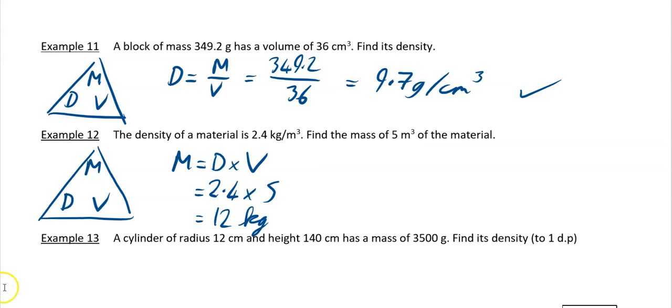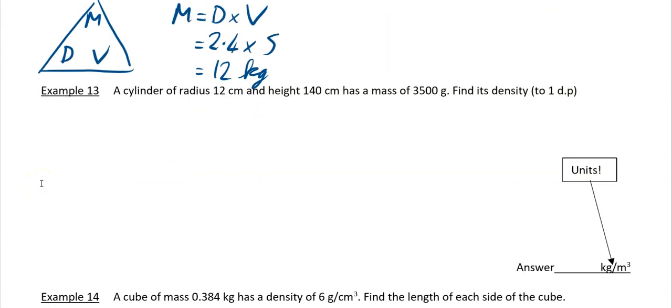Okay, the next question, next example is example 13. We have got a cylinder of radius 12 centimeters and height 140 centimeters, which has a mass of 300 grams, and it says to find its density to 1 decimal place. Now, the problem here